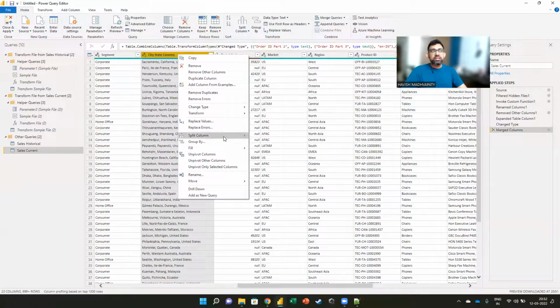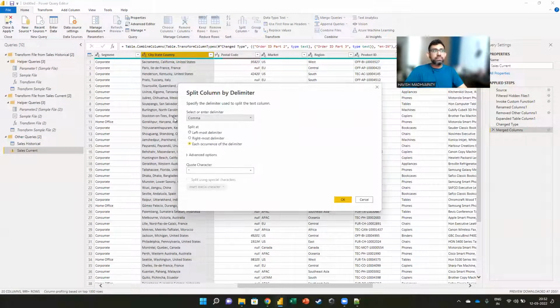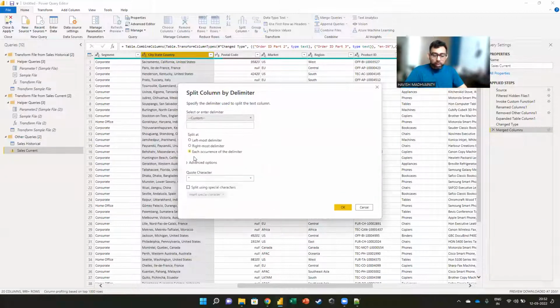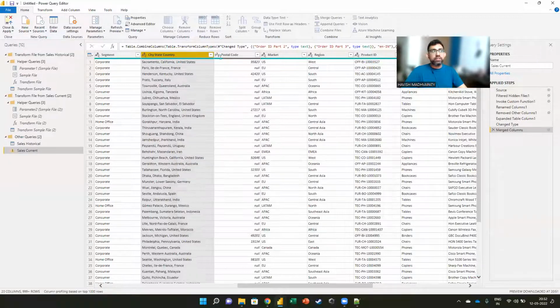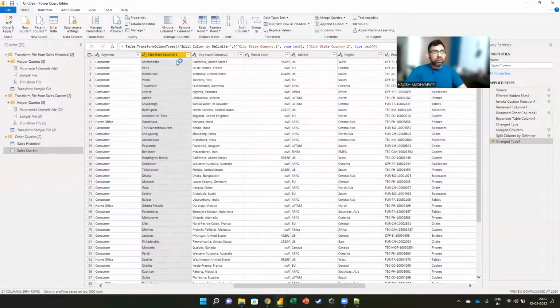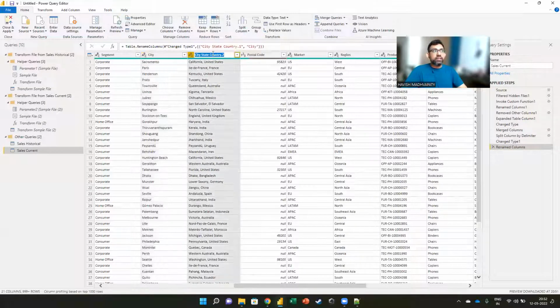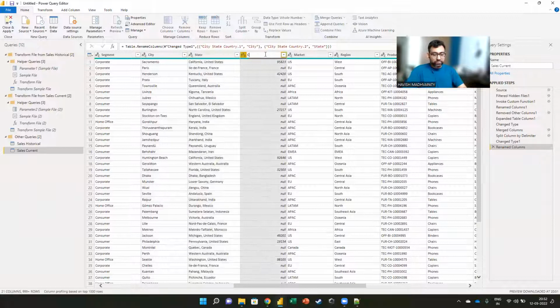Here we do right click, split column by delimiter, and I will simply say my delimiter is a comma followed by a space, right? So comma followed by a space, and if you notice, it gives me the result. I'll also change the name here, so I'll call it city, I'll call it state, and finally I'll call it country, right?